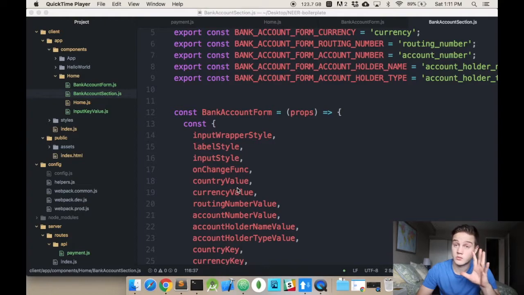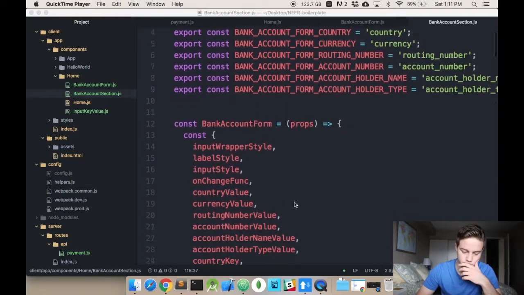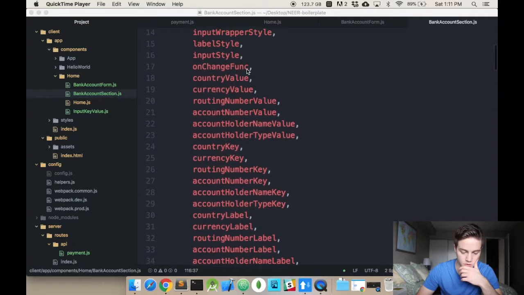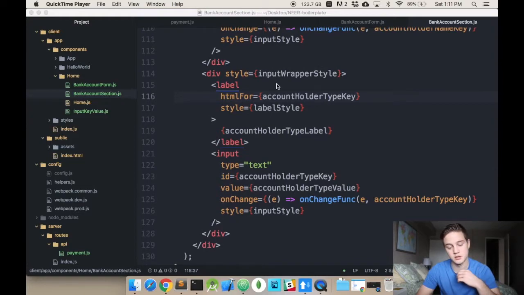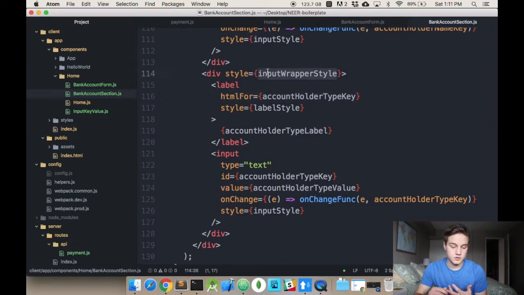The entire state is managed in the parent. As you can see, there's a whole list of props being passed in. Let me go through and explain. There's input wrapper style, that's not required, this is if you want to start styling things. There's the label style, that's if you want to style the label, and then there's the input text box style, that's if you want to style the input text box. And then essentially every single